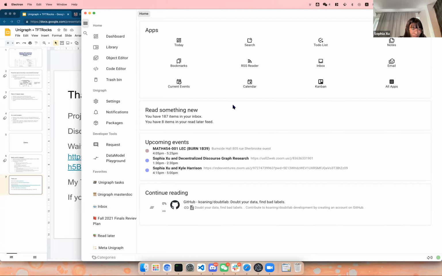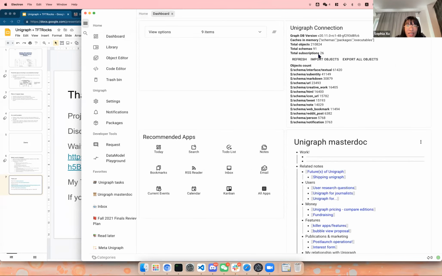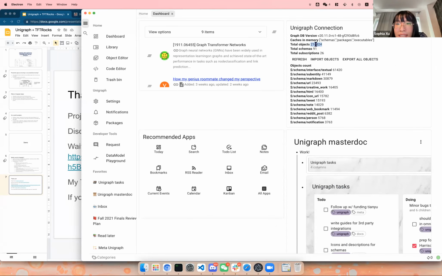It's really good with horizontal scalability, so it's mostly an issue of how much storage space you have. Currently I have this many objects, and it runs as fast as a brand new installation. This is due to Dgraph and how Dgraph stores data. It's not specifically something Unigraph has to worry about.